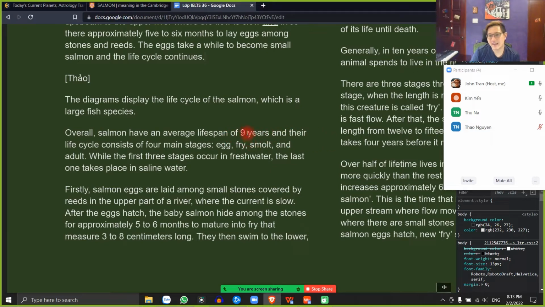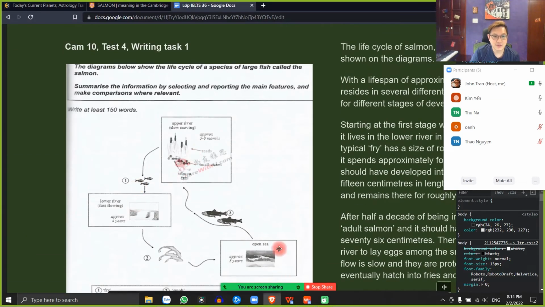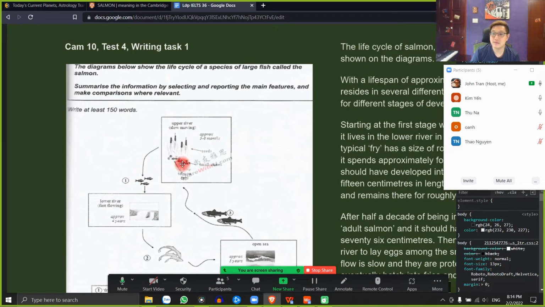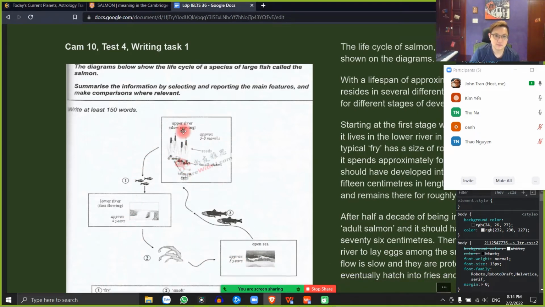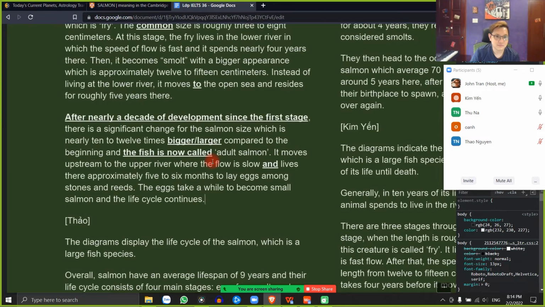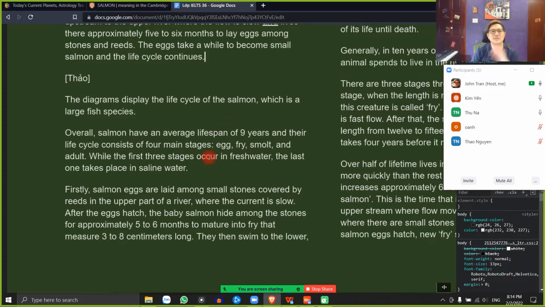It's actually 9.5 years. But okay, you can say 9 years. 9 năm rưỡi mà kể cho thành 9 năm đi. And then life cycle. Oh, so you counted the egg as well. I see. Có thể là bạn coi như là 4 giai đoạn đi, có giai đoạn làm egg nữa mà. Yeah, you can count it as egg as one more stage. Why not? I think it's acceptable. Why not? Mình nghĩ là ổn mà, gì đâu.